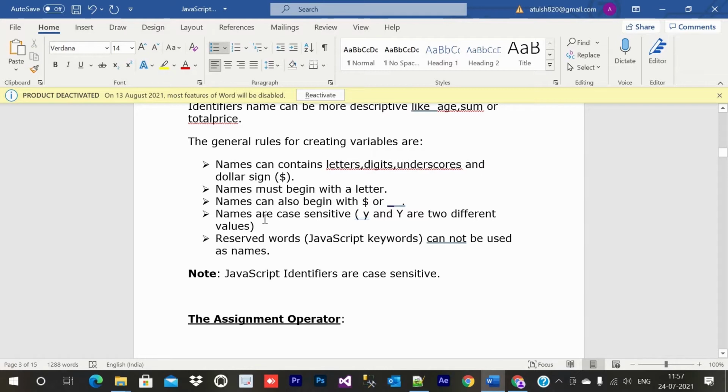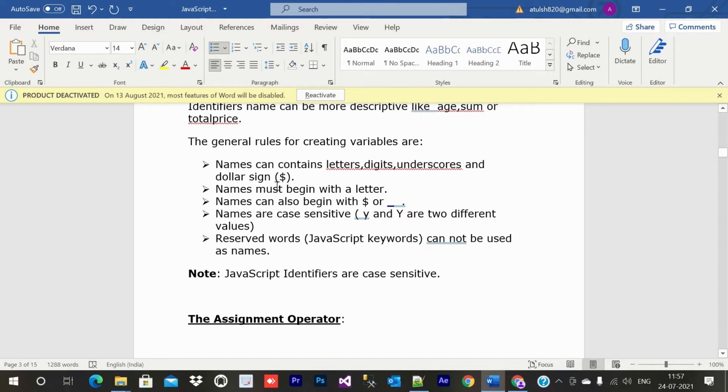Names are case sensitive, like small y and capital Y will be different variable names even though the name is the same. Uppercase and lowercase are two different variables in JavaScript because JavaScript is a case sensitive language. Reserved words, keywords cannot be used as names, so we will discuss that.